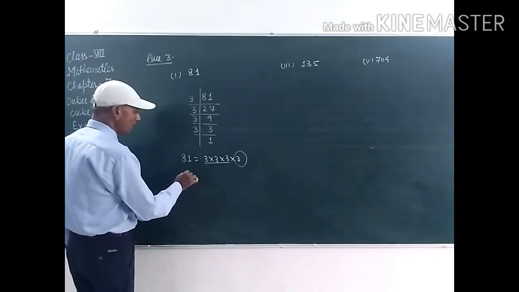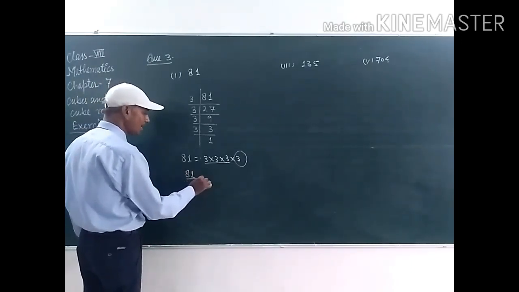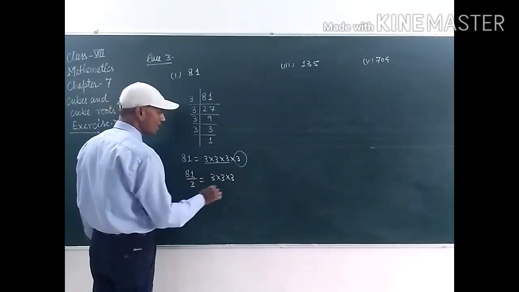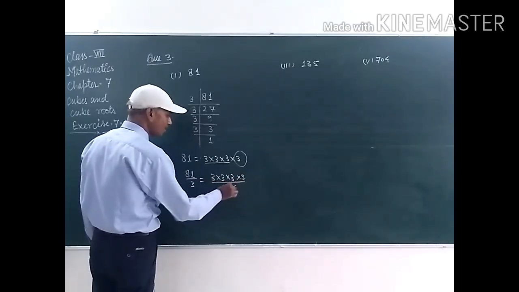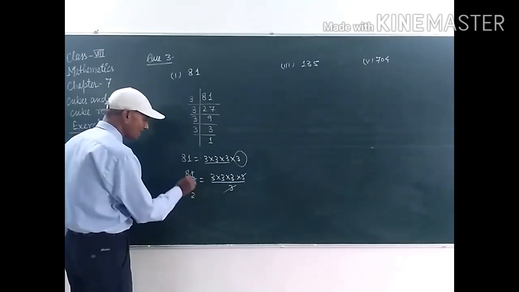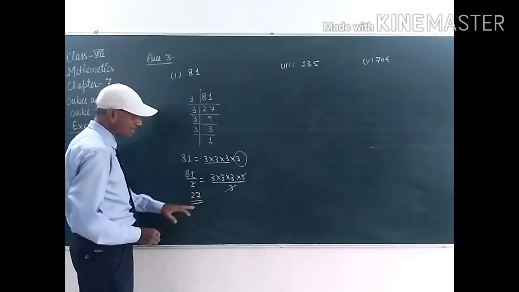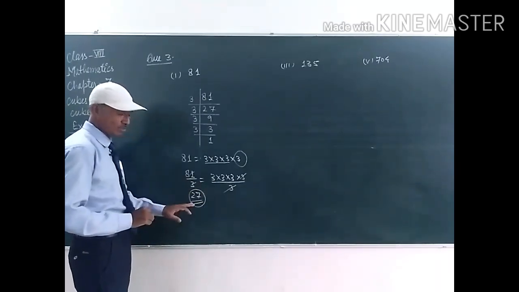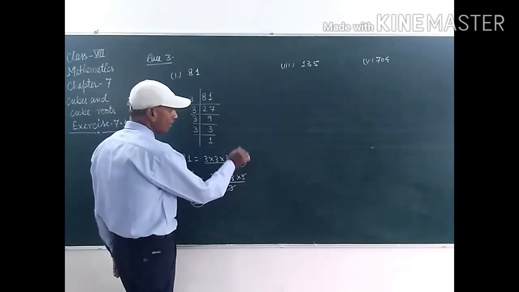So, 81 divided by 3 is equal to 3 into 3 into 3 into 3, it is also divided by 3. So, 3 3 cancel, student, and this one 3 2s are 6, 3 7s are 21. This number is 27, student. So, 27 is a perfect cube number, student. Clear? So, the required number